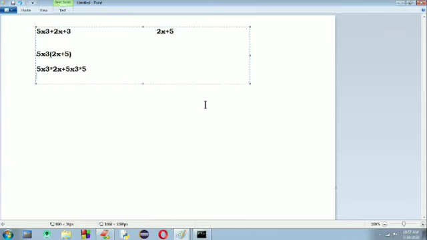Now here we just need to separate. In multiplication, coefficients are multiplied with each other, but exponents are added. In this situation, the coefficients are 5 and 2, and the exponents are 3 plus 1.